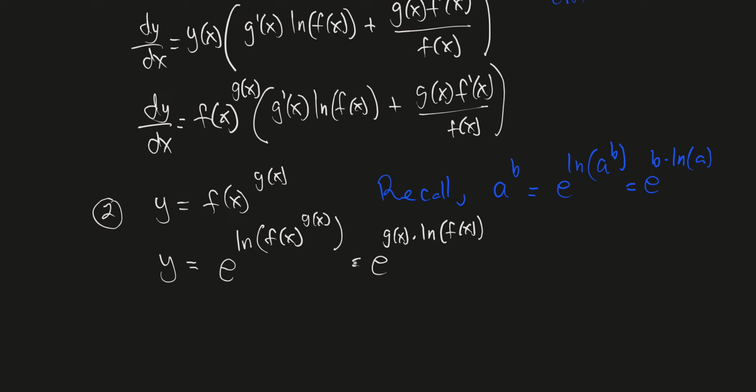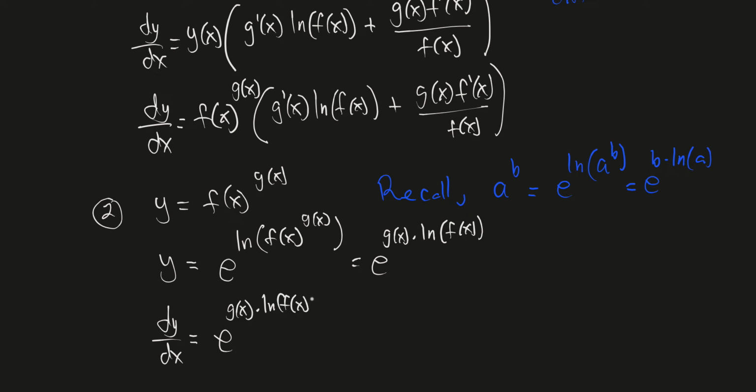But now what we can do, so this is kind of like an extended exponential function. The exponent involves a product, right? So at some point we are going to have to do the product rule, just like how we did the product rule in the first solution, right? So let's see what we can write down for the derivative. The derivative of e is going to be e. So this comes back. So we have the e to the g of x times the ln of f of